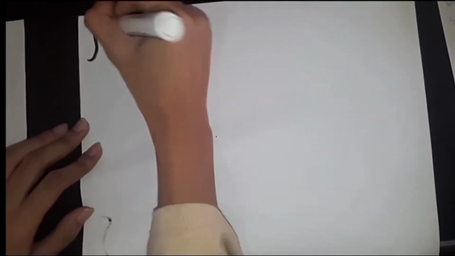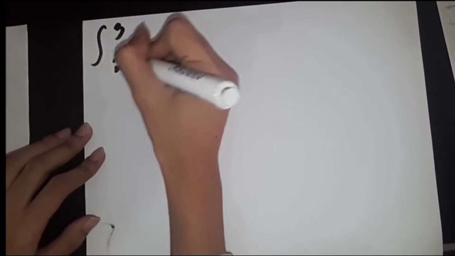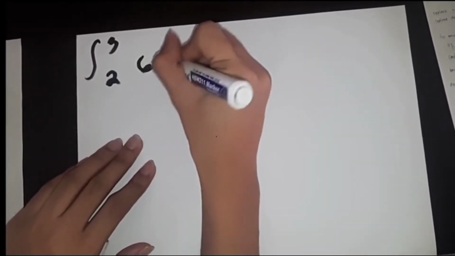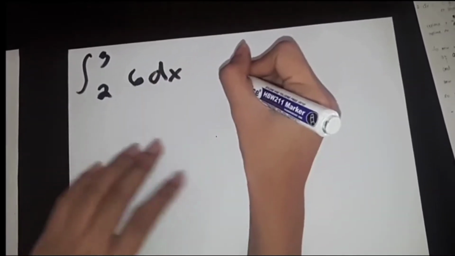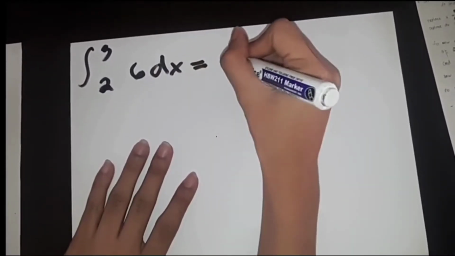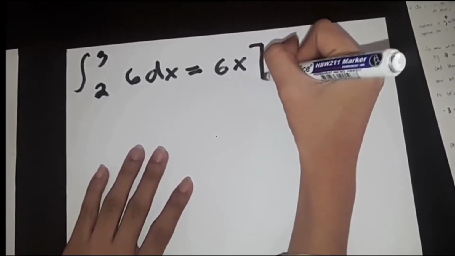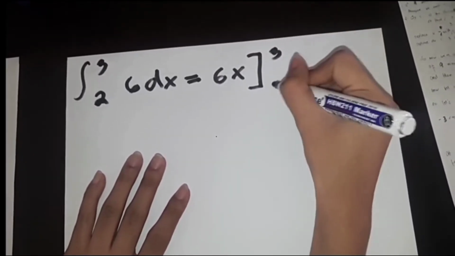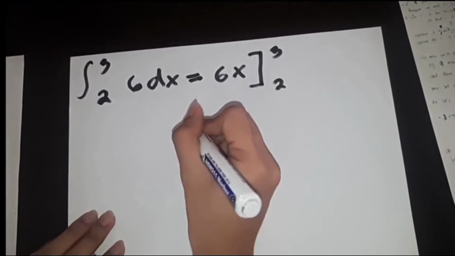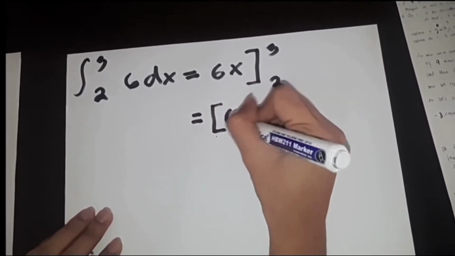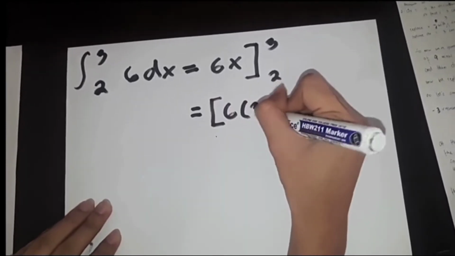Now we are going to evaluate the integral of 6dx from 2 to 3. First, we will find the antiderivative of 6dx, and it is 6x from 2 to 3. So this is equal to, our F(b) will be 3, so 6 times 3